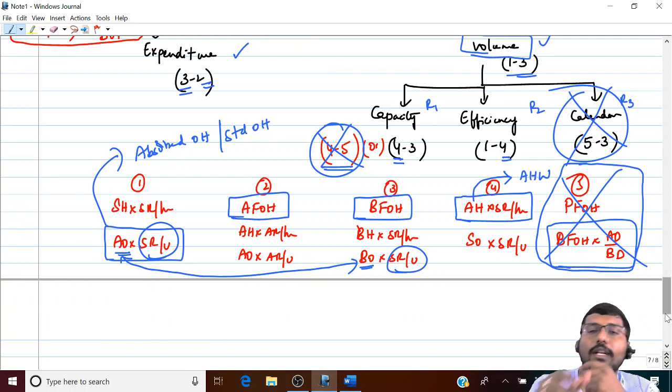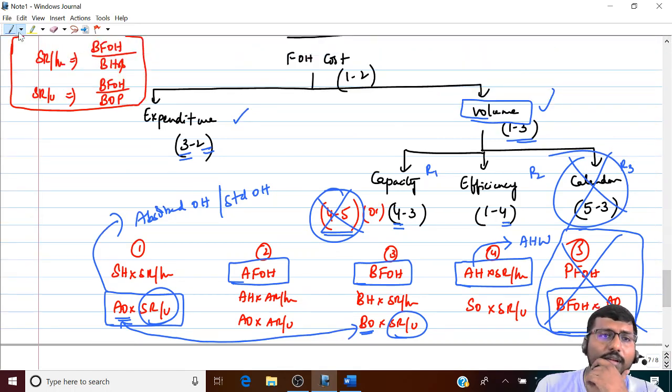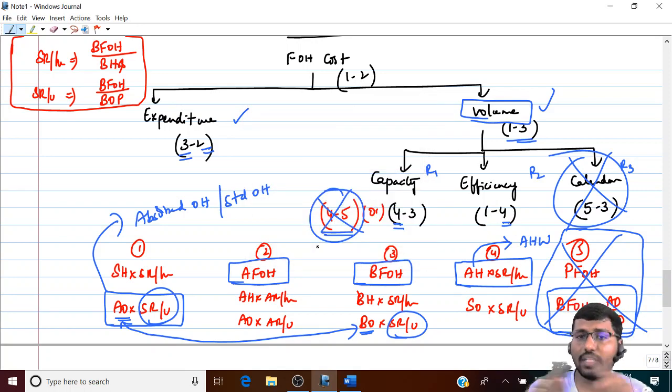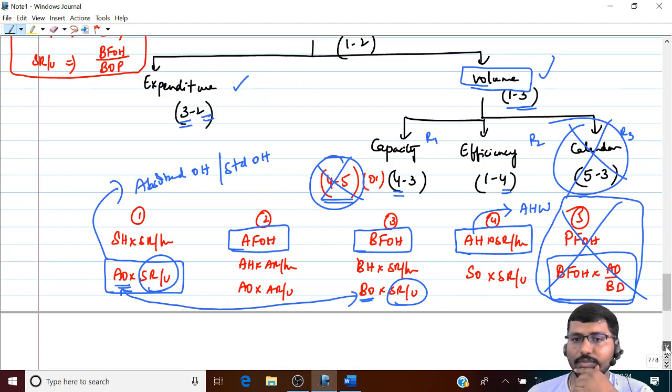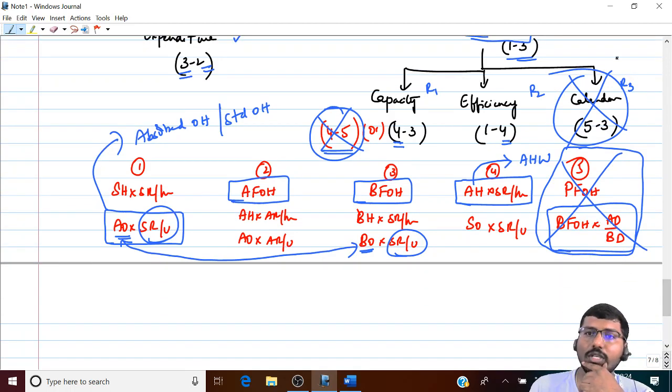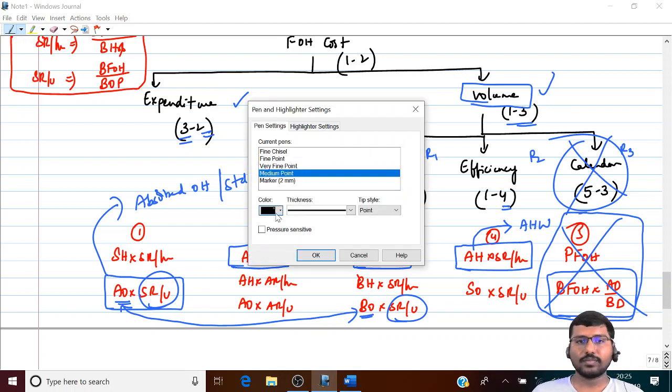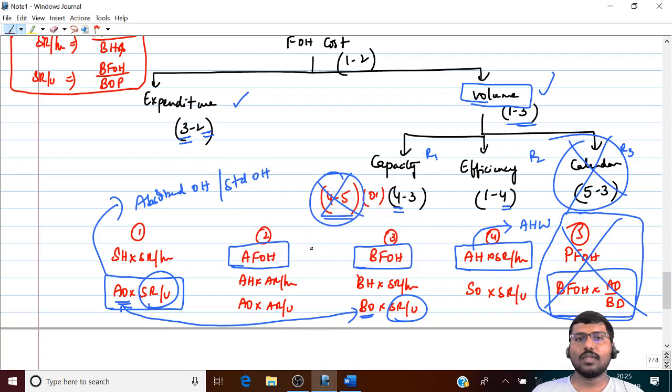Understood? Alright. Okay, that's it. We are done with this. But I've got one question for you. Probably when I started writing this, fixed overhead variances, when I wrote this classification, you should have got one doubt actually. Unfortunately, you didn't. What is that doubt? Are you able to get it at least now? Just by looking at the classification that I've written, have you got any doubt?